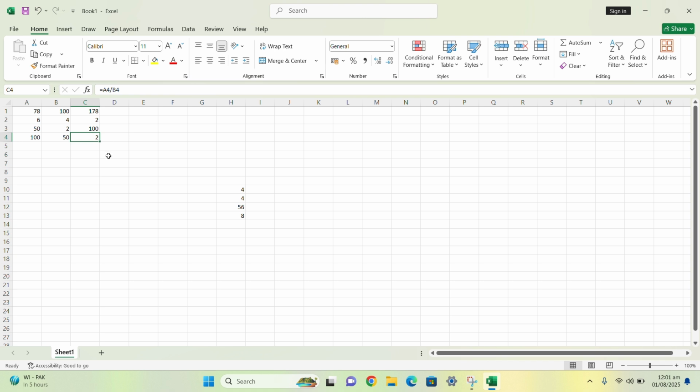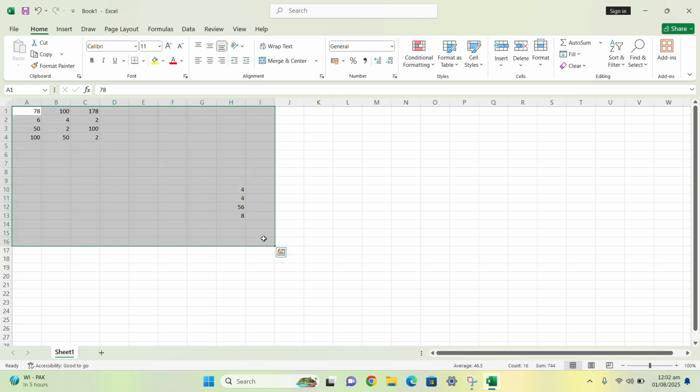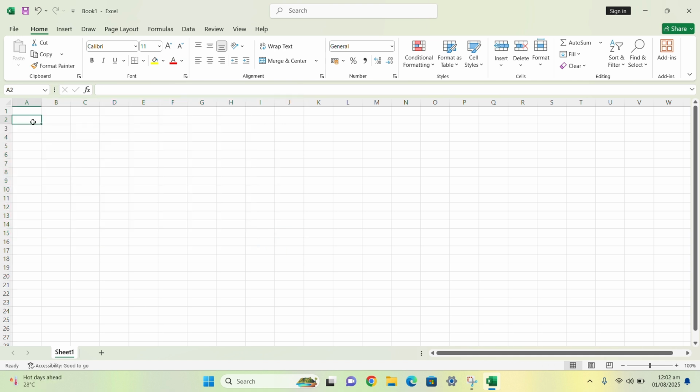Let us use some basic functions that will save you time. First of all, we clear all these cells, select the cells and press delete. All cells are cleared. I put some numbers from A2 to A6, for example 56, 10, 100, enter, 67, enter, 25, enter. To add up all the values in A2 to A6, type